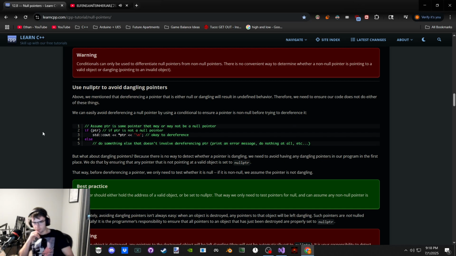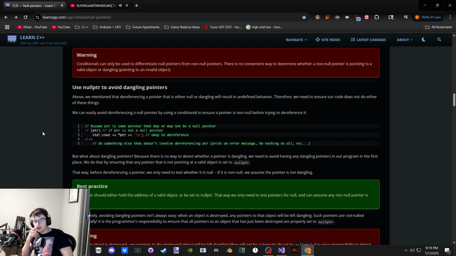We mentioned that dereferencing a pointer that is null or dangling will result in undefined behavior. We need to make sure that we don't dereference null or dangling pointers. Yeah, to make sure before we dereference it that it's not null. So if the pointer, then dereference it. Else, something else. Or rather, I would rather just check if it's not pointing at it, don't do anything. Otherwise, do the real work. Or give an else if. Pointing to this, do the real work. What about dangling?